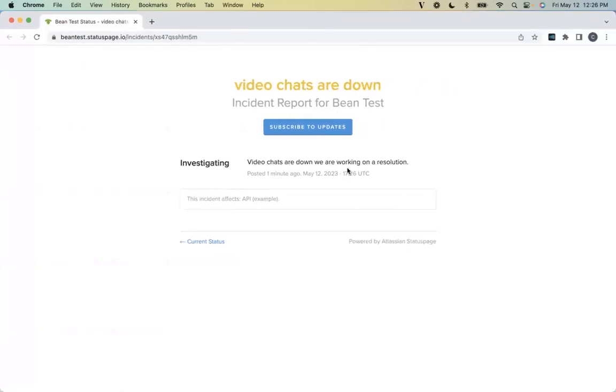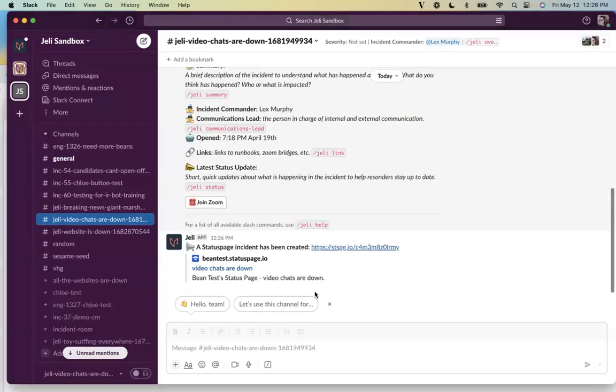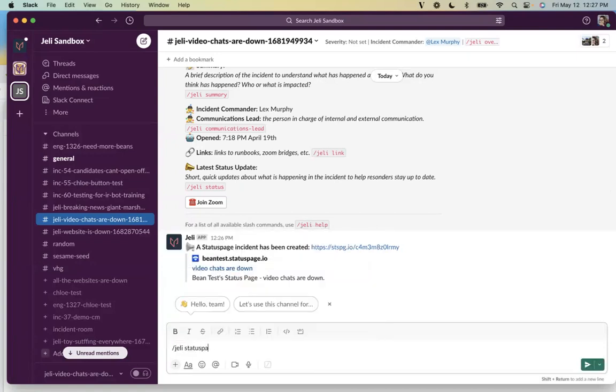Individuals can subscribe to updates and get the latest status of the incident here. What you can also do is continue to update the status here within Jeli, and that will populate on the status page. So if we use /Jeli status page again,